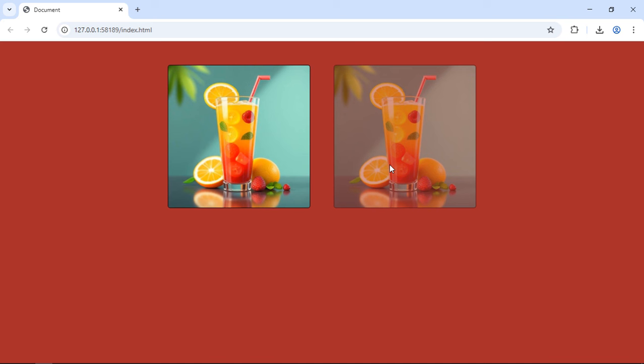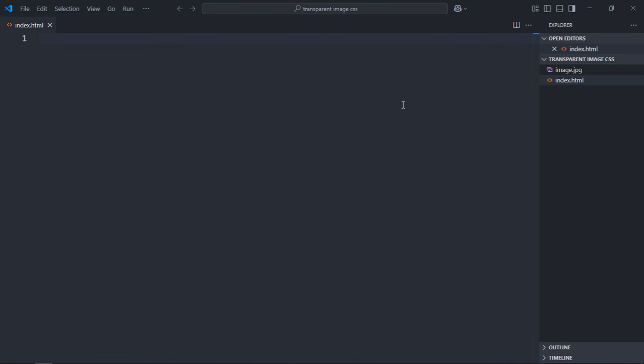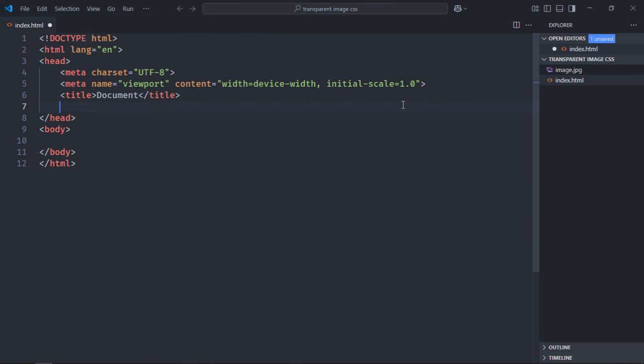So let's get started. I'm using VS Code as my code editor. I already got an image file here, image.jpg. Let's create an index file here, index.html. Let's have basic HTML structure. Add a link to the style sheet. It will be style.css. Here we need a div element